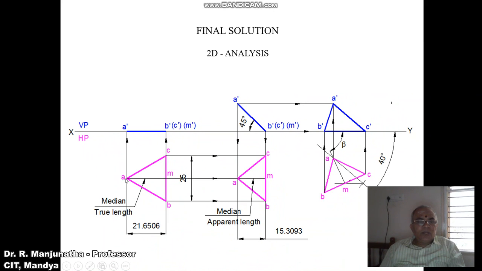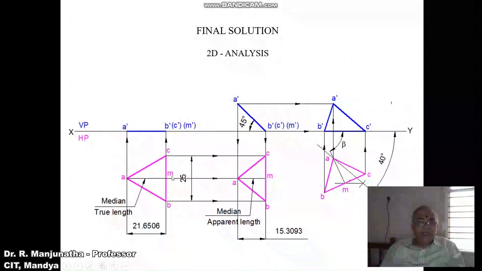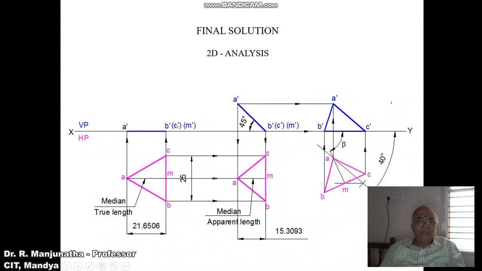Then you join A and the midpoint of the opposite side, which is BC, and you mark this point as M. As you look from the front view, A dash B dash, that is AB, is near to the observer, so A dash B dash is visible, and C and M are away from the observer. So C dash and M dash are in brackets. Now one of its sides is resting on HP. The side resting on HP has to be perpendicular to VP. So you can see that B dash, C dash and M dash are going to be